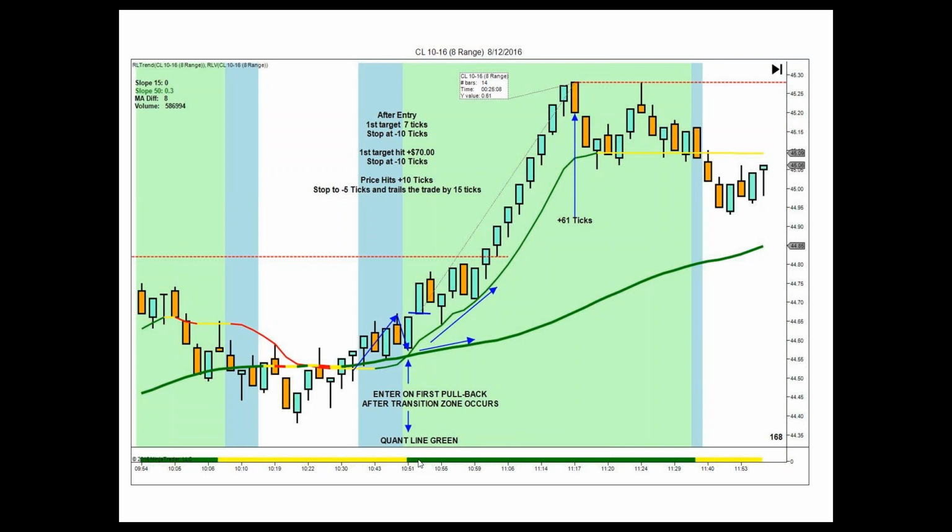On crude, we only have 3 correlative markets, not 6. On the E-mini, on other futures we trade, we have 9 correlative markets. It's got to be in your favor as well. Money flow has to be into crude. You take the first retracement, and you're in right here at the blue line.